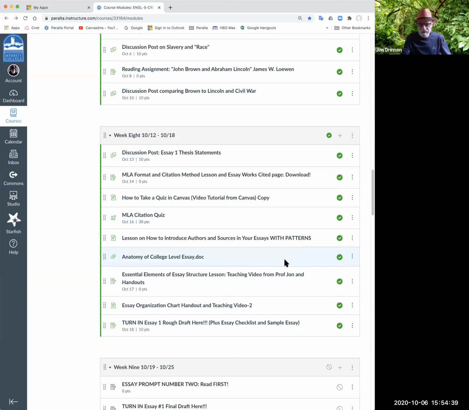Now that we're doing citation, it's not as important that you use the patterns unless you introduce something with the full name of the author and the full title of the works. Because if you cite somebody with the parentheses at the end, then you don't necessarily have to put the full source. But there may be a way that you might want to warrant it. You may want to say the title of the publication. If you do that, then you're going to want to use one of an in pattern or according to pattern, and make sure that you do that correctly.